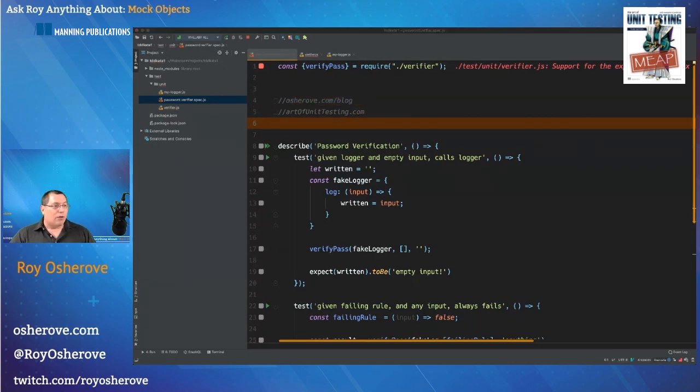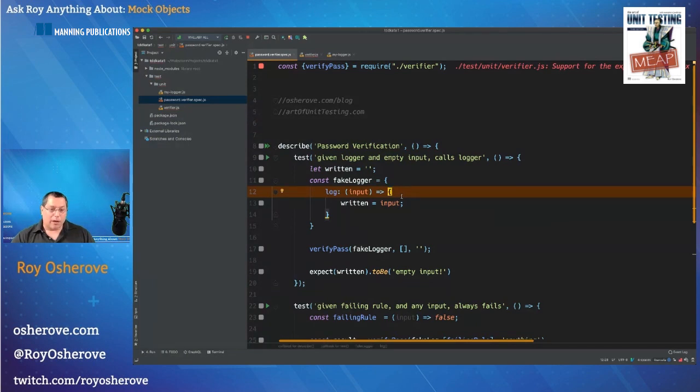Okay, any other questions? Answers? If from inside verify pass, you call the logger twice or call it with garbage and then the expected value, it will pass. You don't go that far to test for those cases, right? So that's an example of where usually those isolation frameworks will help you, because they'll verify that at least one of the calls happened. Technically, yes, I would have to do more work if I know that there are going to be multiple calls,